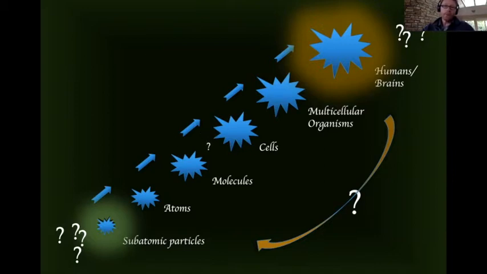Okay. Well, then it turns out that actually between these levels, there's also mystery. So this jump between molecules and cells, where this question mark is, is where life forms. Well, we don't know what life is, and we don't know how it forms. We say that we know in principle how it formed, but actually we don't know how it forms. So there's another question mark. And what you find is that there are question marks everywhere in the scheme, even though we pretend that there aren't.